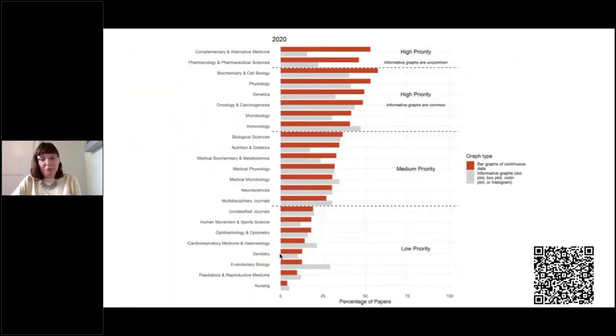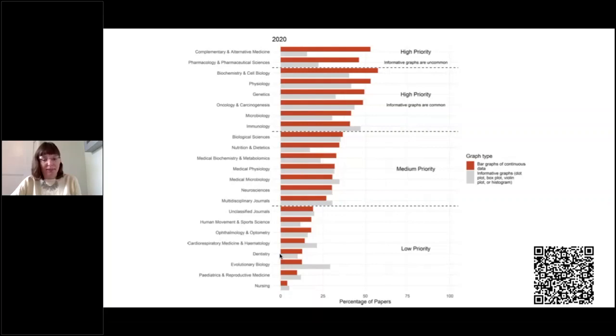More recently, we used an automated screening tool to do an analysis of open access papers in PubMed Central, and we did a random sample of open access papers in 23 different fields across an 11-year period from 2010 to 2020. And this is just the data for 2020. And what we found was that there are many fields where 40 to 60% of papers are still including bar